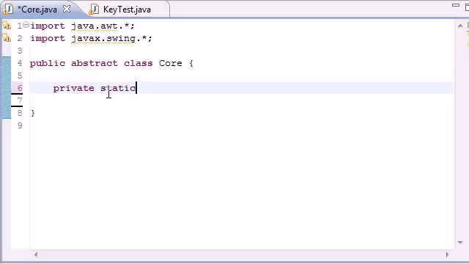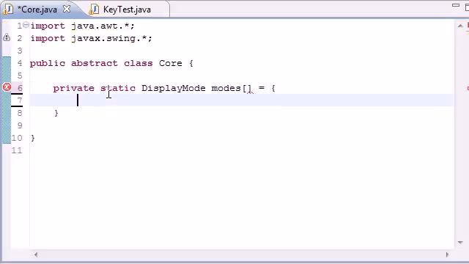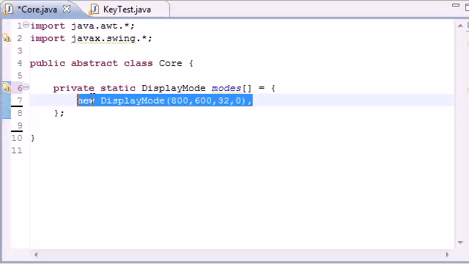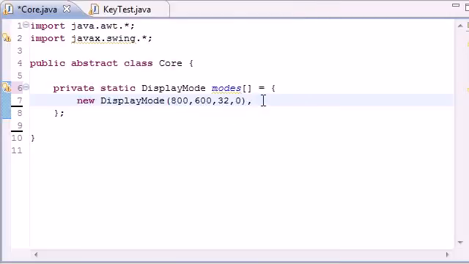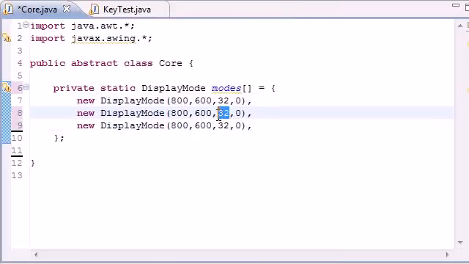Private static DisplayMode array, name it modes. This is going to be your display modes. Let me go ahead and end that right now and put new DisplayMode, and the first one will be 800 by 600, 32-bit and 0 refresh, and that's a comma, not a semicolon. And let's just go ahead and copy this 3 times, and these are going to give you your display modes. So this is going to be 24 and 16,